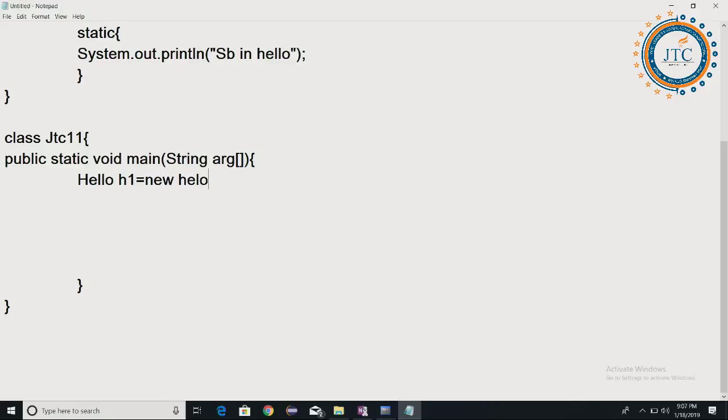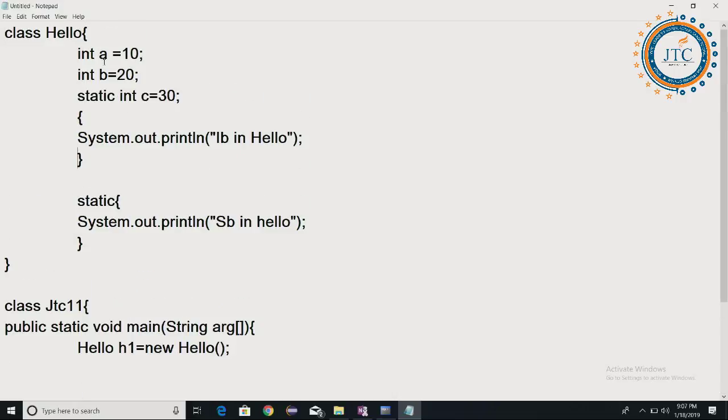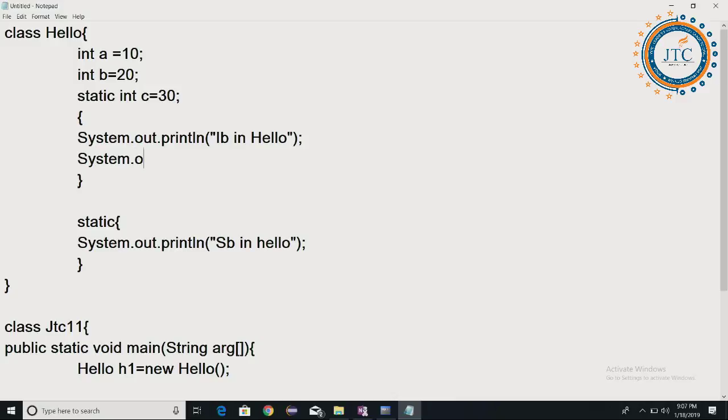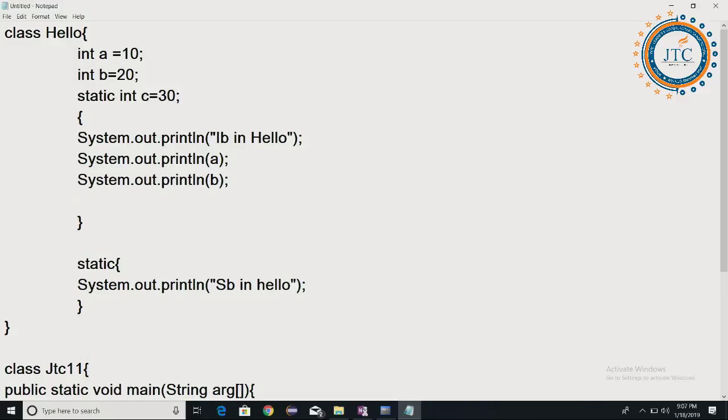And correspondingly, if I am creating specifically one object of a class, so whenever I am creating the object of a class, you can just have a look. Associated with this, I have written println of a, then b, and then c.